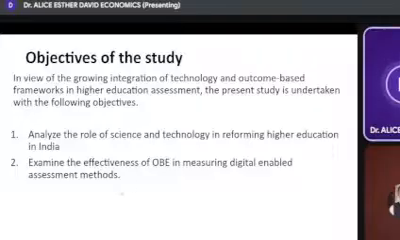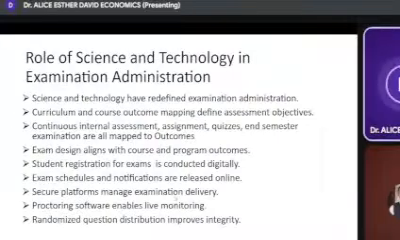So the objectives of the study are to analyze the role of science and technology in reforming higher education in India, and to examine the effectiveness of OBE in measuring digital enabled assessment methods. So if you talk about science and technology in the examination system, we can understand that technology has just overtaken the entire